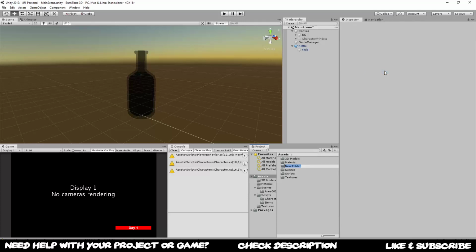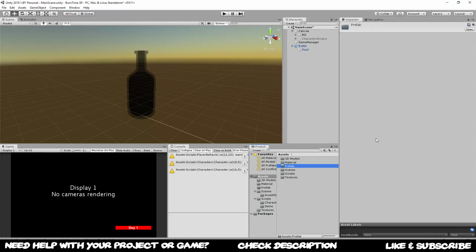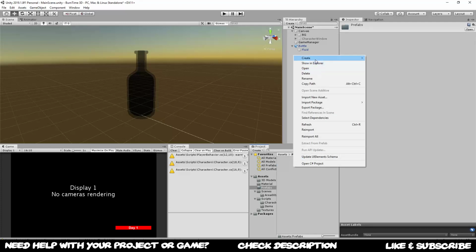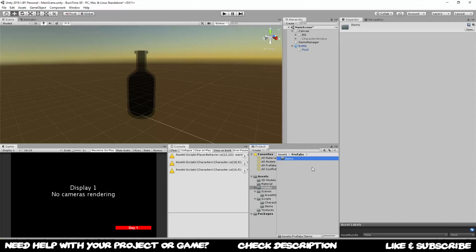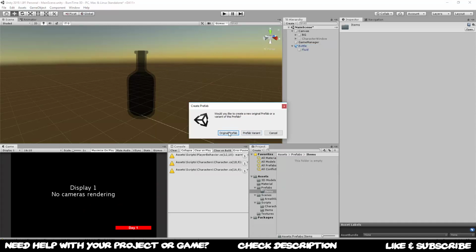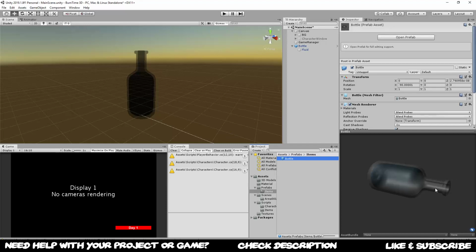folder. Let's say item prefabs, or just prefabs in the first place, and then I create subfolders for that. I'm going to rename this to multiple prefabs. Maybe I'm going to say something like folder items, because that is at the moment the only prefabs we're going to need. And then I just drag my bottle into here and say I want to create an original. And as you can see, rendered out over here in the preview, it looks even more different to our